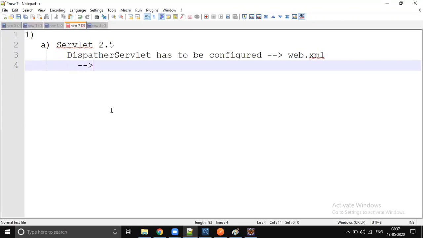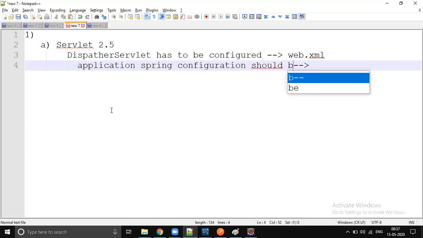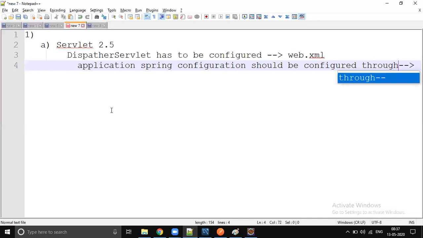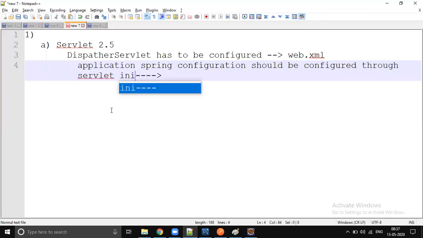Your application Spring configuration should be configured through a servlet init parameter. But it can be configured using a context parameter also, no doubt.